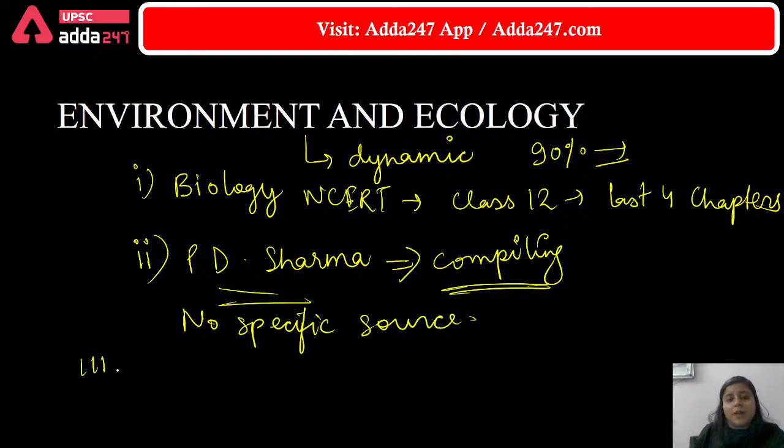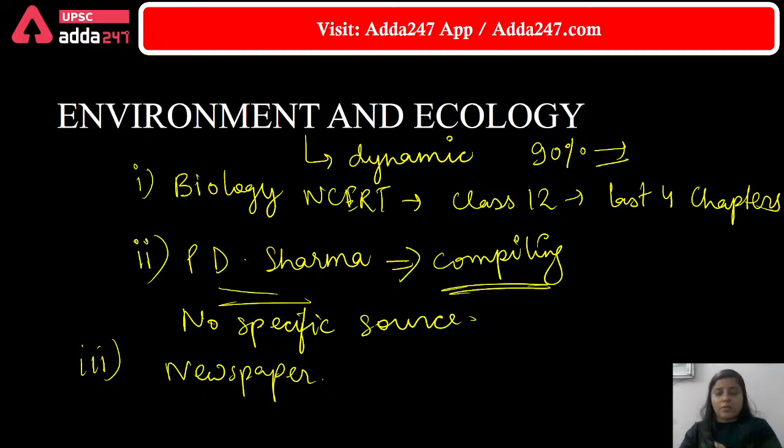Current affairs part has to be covered from the newspaper. You can make a particular section from your end, either in digital format, if you like to make notes online, you can make digital notes. If you are someone fond of making offline notes, keep some loose sheets and keep on writing from the newspapers.